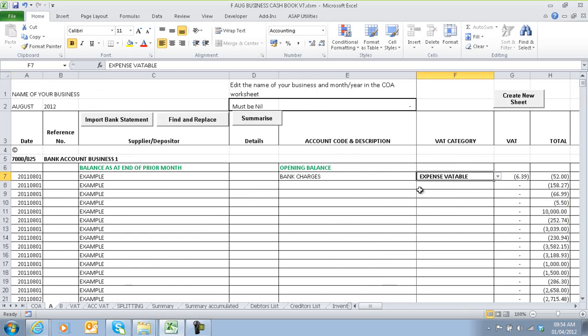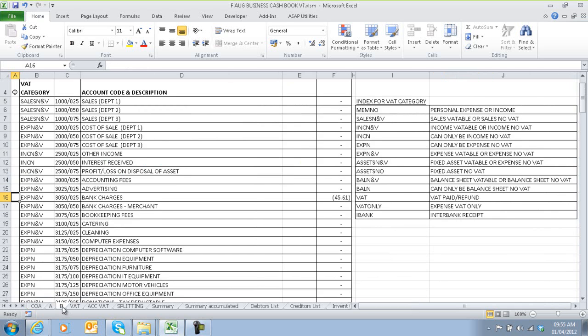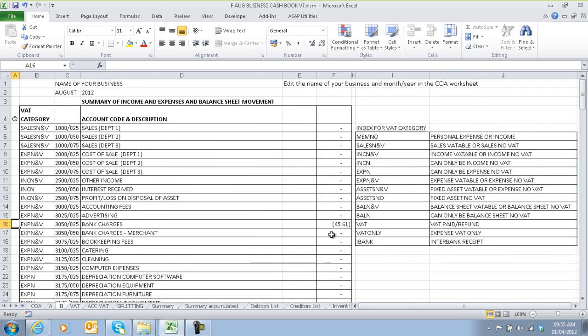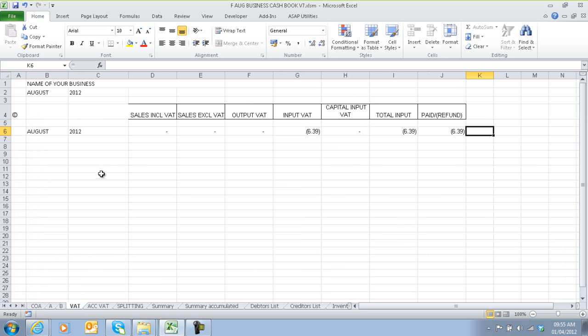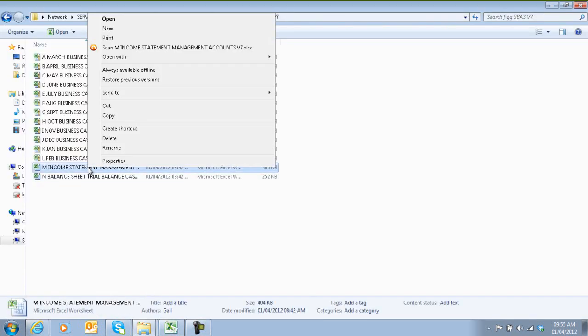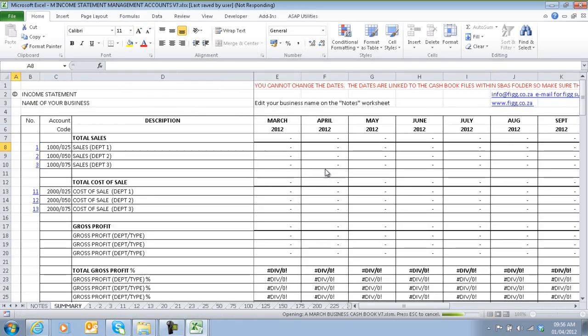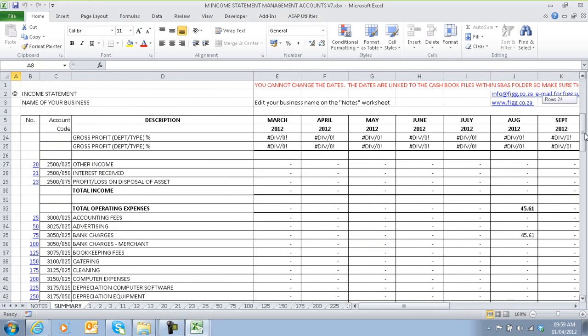By allocating that transaction now in the cash book, it will automatically update your summary of income and expenses in the B worksheet. There lies the bank charges. That's automated. When you allocate in the cash book, it will automatically update your VAT summary that you will use to complete your VAT return, and it will automatically update the income statement. If we open up the income statement now, it will also automatically have updated the income statement in the August column,